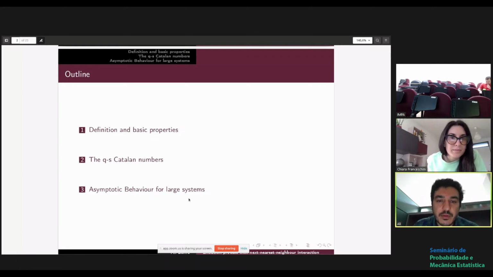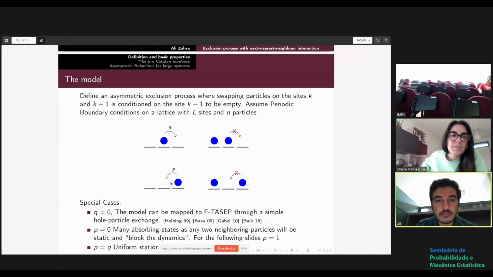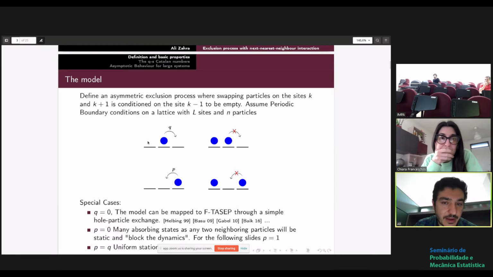Okay, so first, the model is very similar to the exclusion process. You have particles which can hop backward or forward with different rates, except that the forward hopping is conditioned on the site on the left being empty. So this particle can jump with rate q only if the site on the left is empty. For instance, this one cannot jump because on the left it's occupied. And the backward